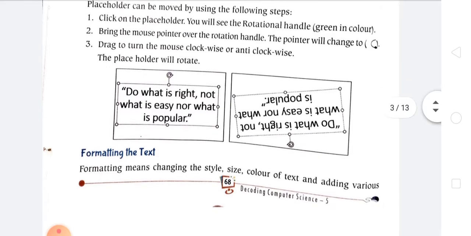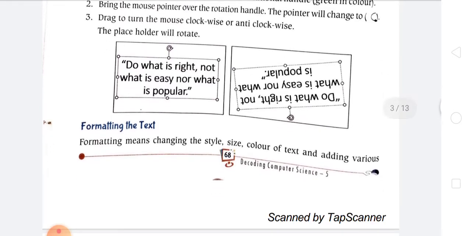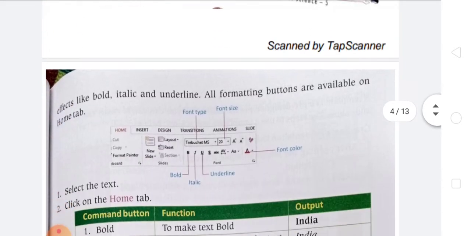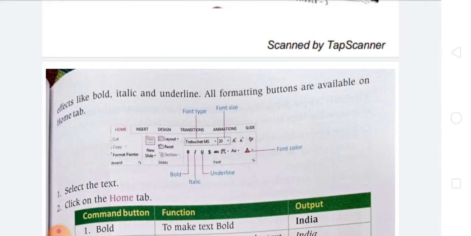Then formatting the text. How to format the text? Formatting means changing the style, size, color of text. If you want to make text bold or italic or underline, you may see here these are the options.